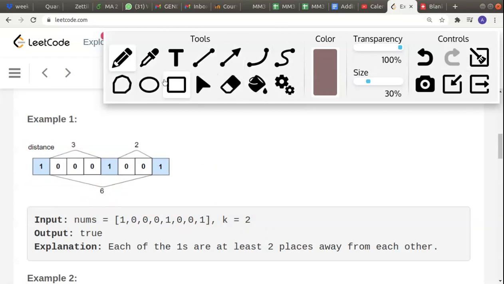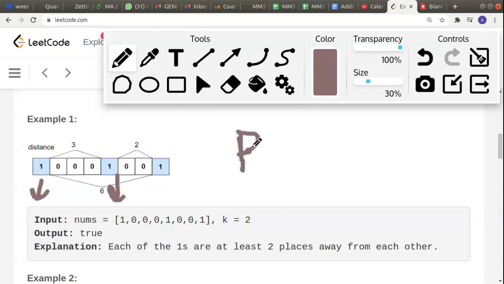So the first thing we realize is that we just need to check the condition between any two adjacent ones. If that is satisfied, we can move ahead and check the next two adjacent ones. We need not check any other condition. So we should just iterate over the entire vector once. Now, how do we keep track of the previous one and the current one? We'll use two variables.